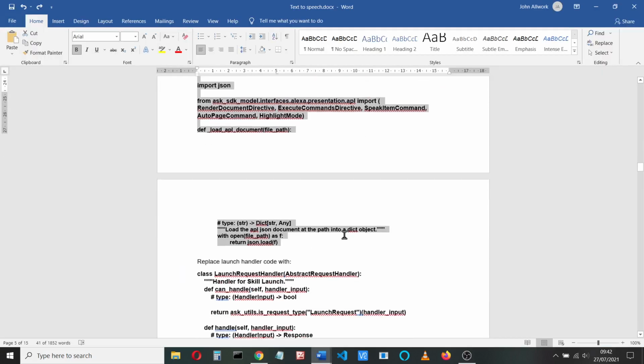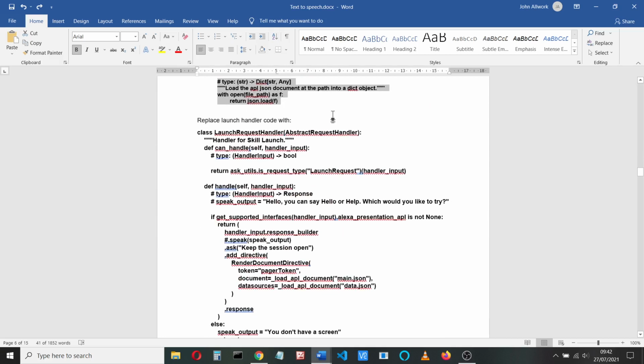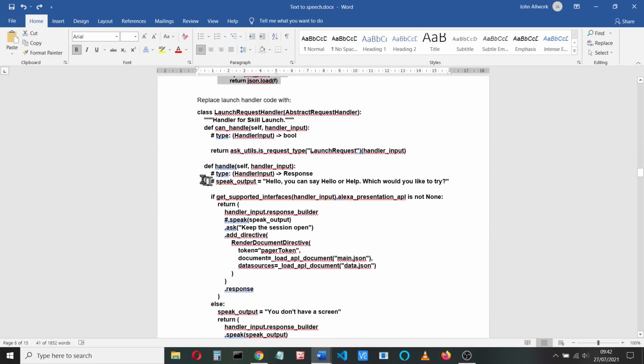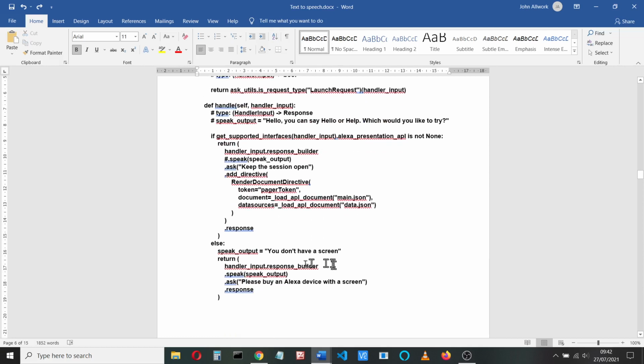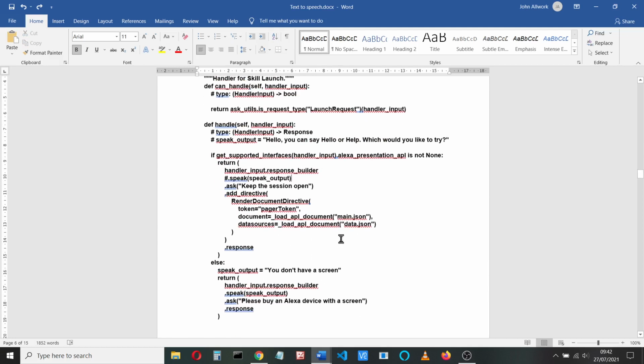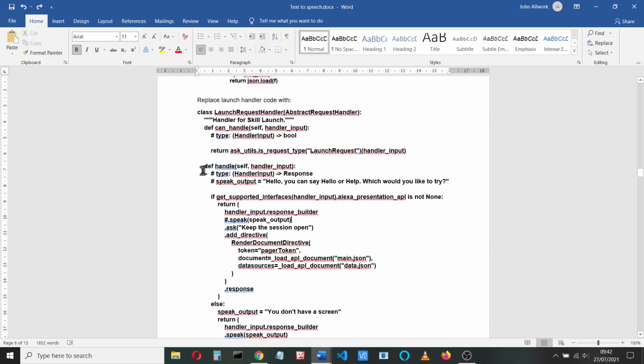What's the next thing we need to do now then? Okay, now we're going to replace the handler code. This handler code mostly is the same, but I'll talk you through it. What we want here is I do a check. In other words, if we've got a screen, we can go ahead and do this code. If we haven't got a screen, I just say you haven't got a screen. I've left in